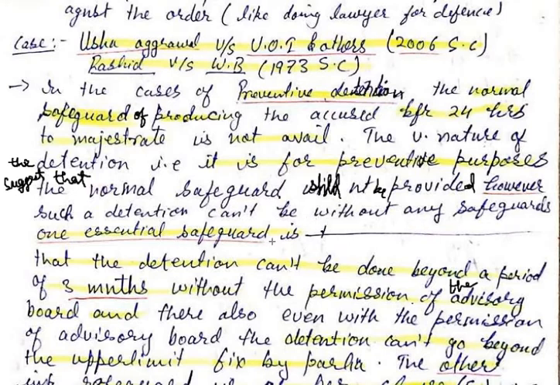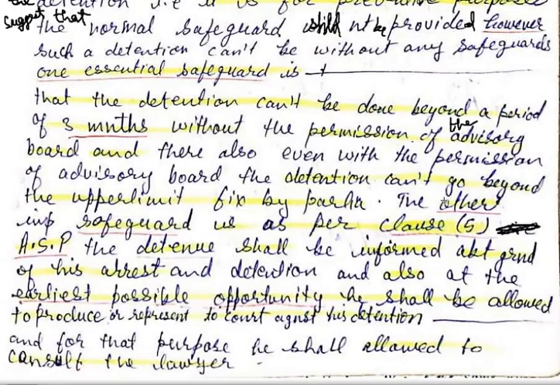One essential safeguard is that the detention cannot be done beyond a period of 3 months without the permission of the advisory board. And there also, even with the permission of advisory board, the detention cannot go beyond the upper limit fixed by the parliament. The other important safeguard is as per clause 5 dash, as soon as possible